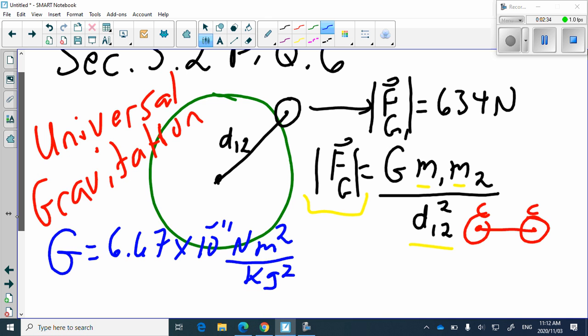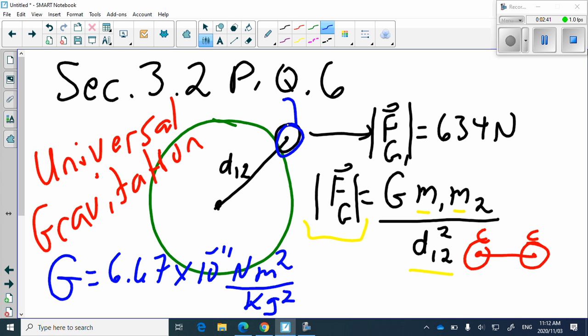So, what do we know? We know that when this object right there is on the surface of the Earth, we know what the universal gravitational force is. We know the magnitude of it. It's 634 newtons. Okay? So I can combine these two and say,